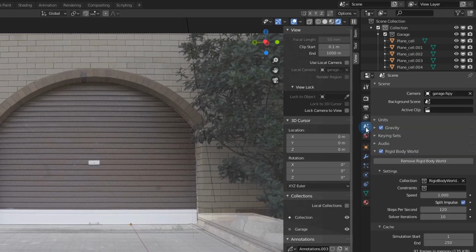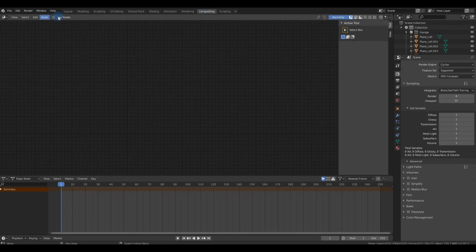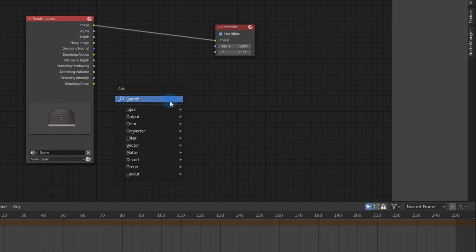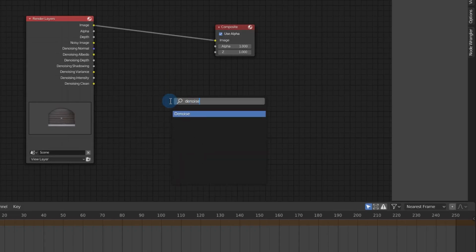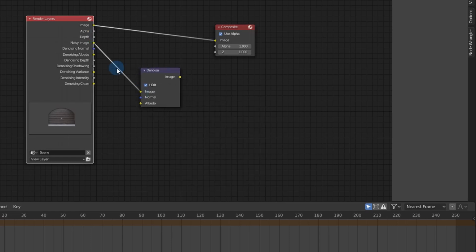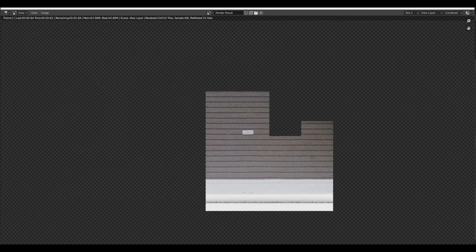Now go to the compositing tab at the top. Choose use nodes and search for denoise. This is really important. Add that in. It'll denoise your image in compositing. Connect those 3 lines up and connect the final one to your image, and if you render this out now,